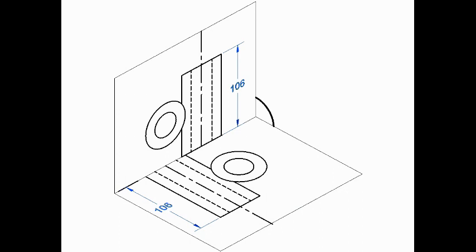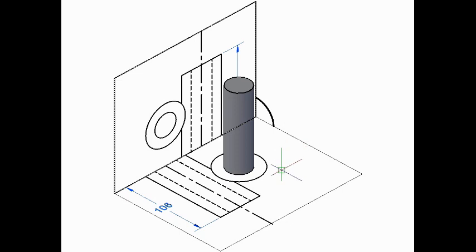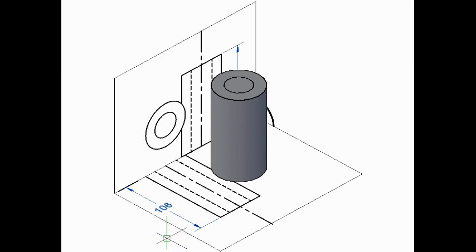So let us try to visualize it. To visualize this thing, first I will do one thing, that I will pull these two cylinders upwards. Okay, first I will pull this hole and this cylinder. So this way I am pulling. Okay, so this is to be pulled by a distance of 106. Then another thing we want to do, we want to pull this thing again by the same distance, that is 106. So this way we have pulled it, and this should be a hole.